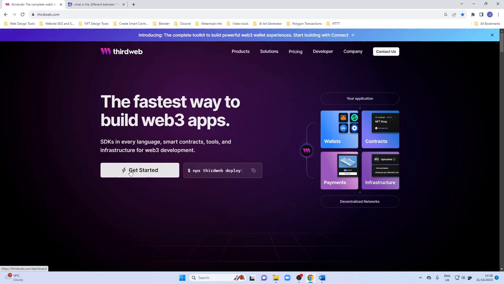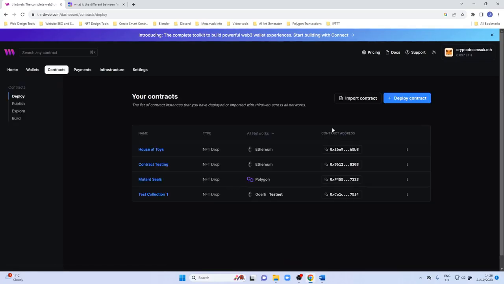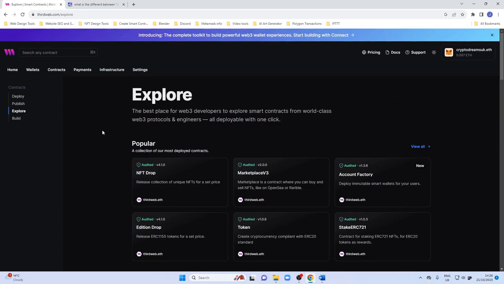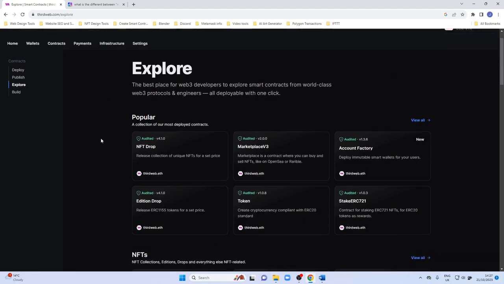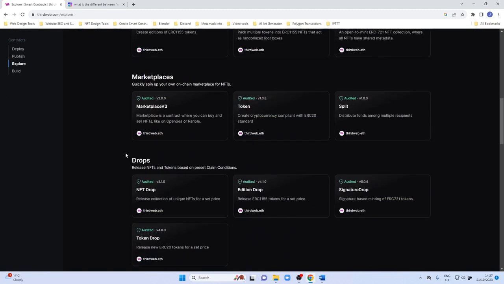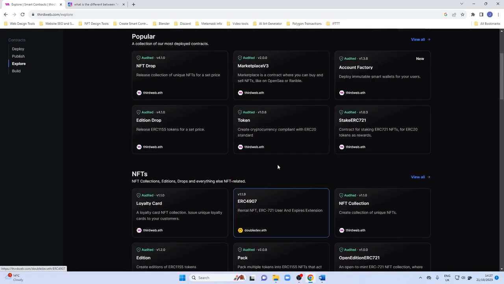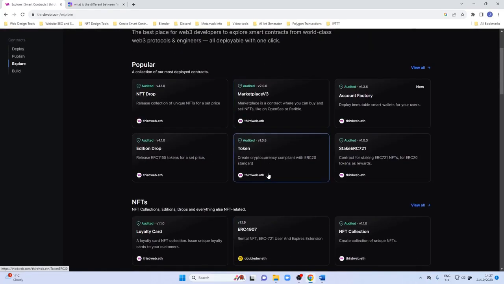So we have to click this, get started, and then contracts, and then deploy a contract. And here there's quite a few options, but all you really need to look at is NFT drop or where is it? NFT collection. They're both